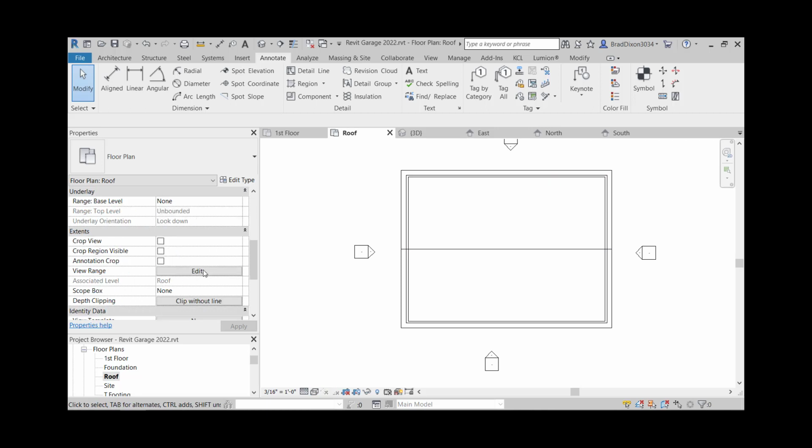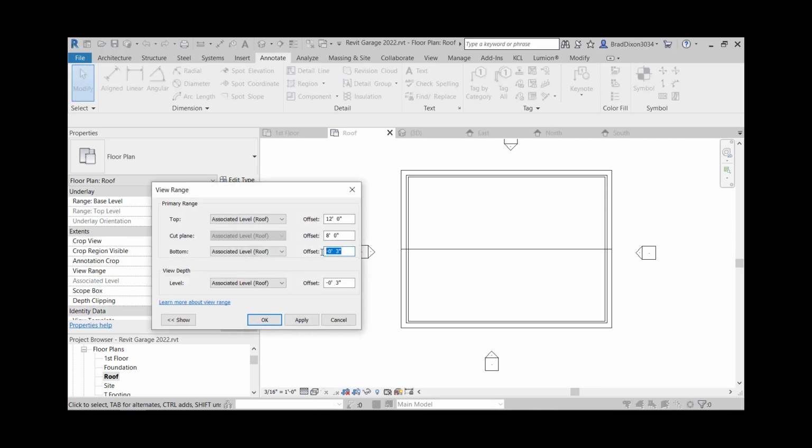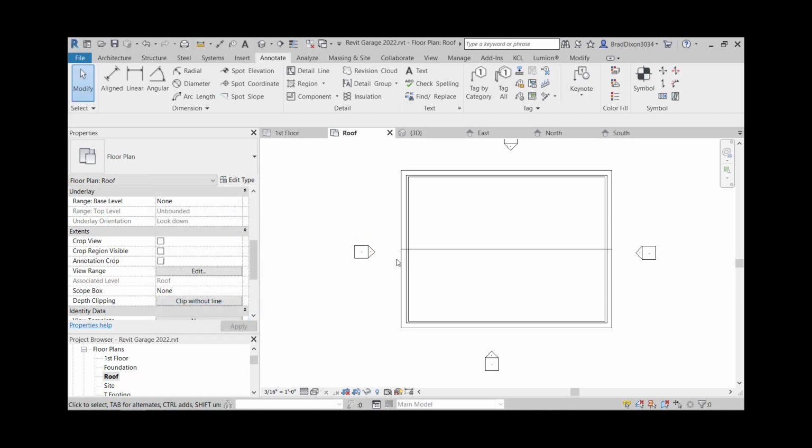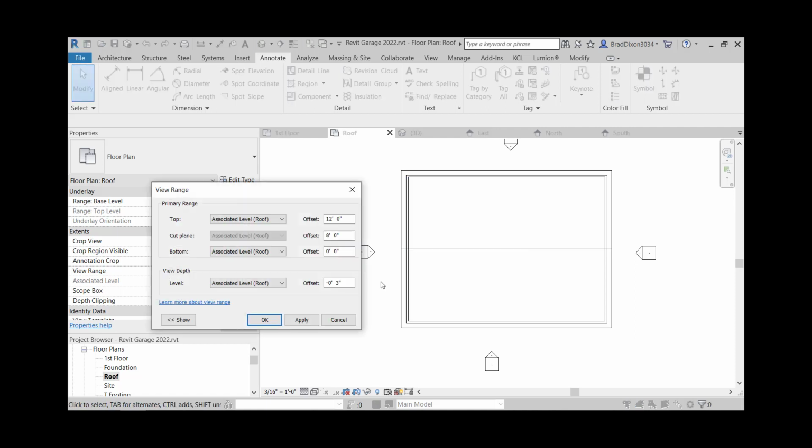And part of that is within this view range as well. So if I take this away from -3 and let's say I make this 0, and I'll do that again, and just look at the roof line, now I lose part of those. And if I was actually up here 2 feet above, then I'm not going to see those walls at all. So I'm going to basically make this -3 inches, -3 inches, and I'll say apply,